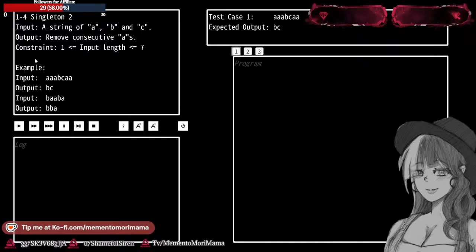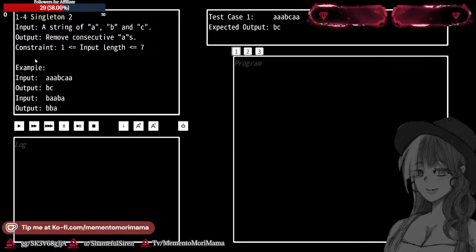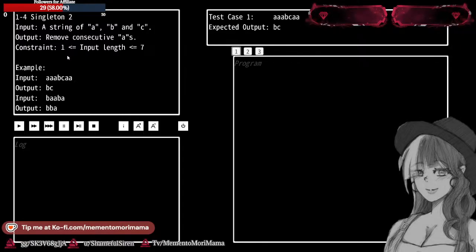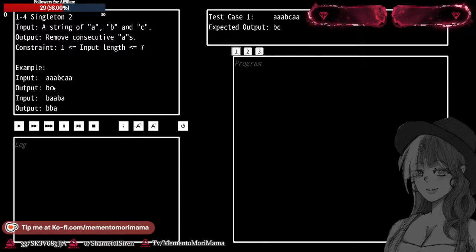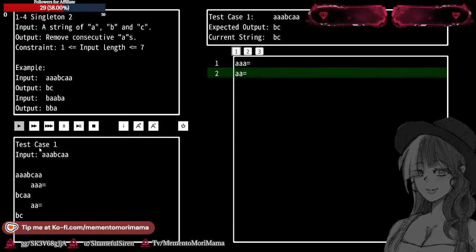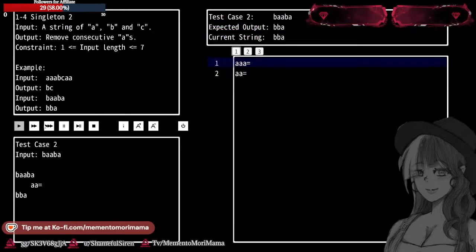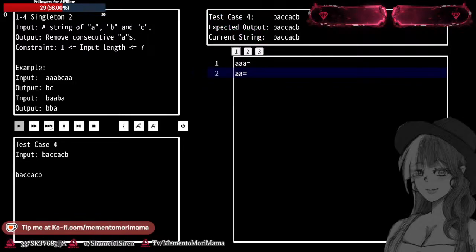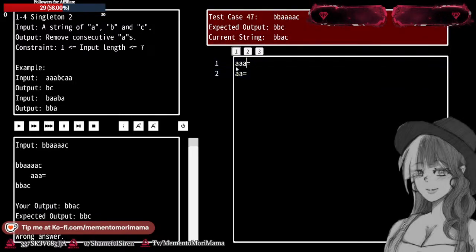A string of A, B, and C. Remove consecutive A's. Okay. So because this is 2 A's, it becomes no A's, and because this is 1 A, it stays. So what we'd want to do is handle triples first, equals null, and then doubles second. And this is under the assumption that there will never be quads. And there's a quad. So,